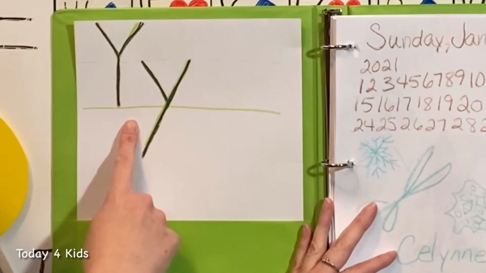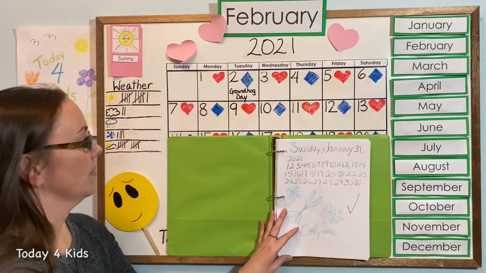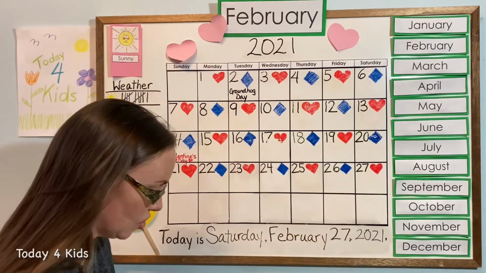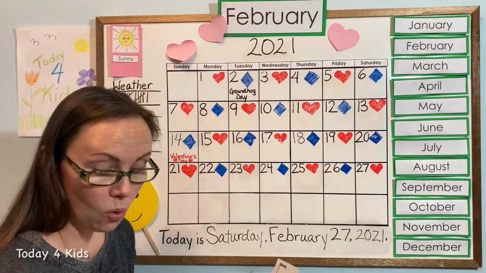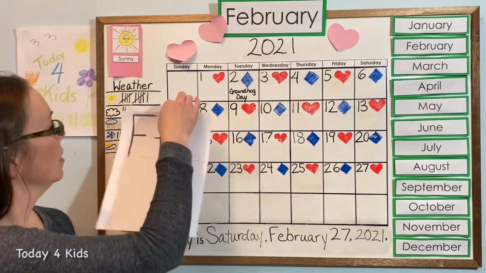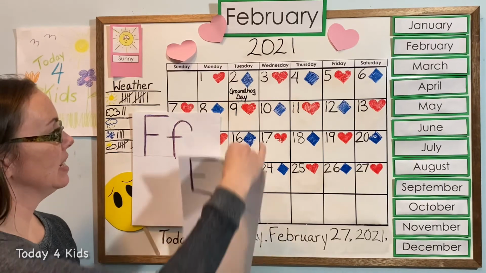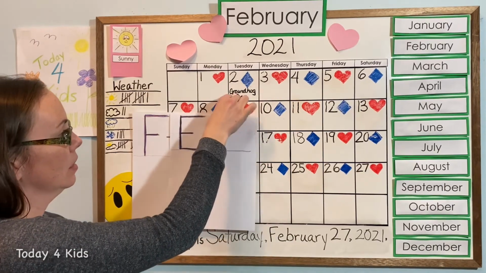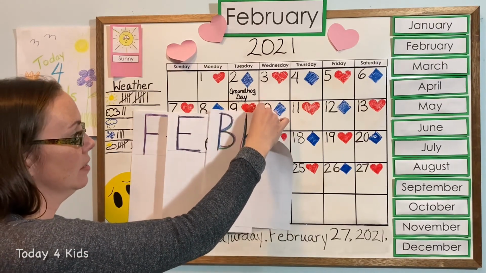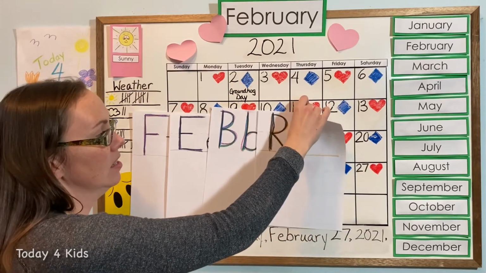And the last 2 days we did the letter Y. But it's the end of the month and we have practiced a couple of letters, and we practiced so many, we spelt a whole word. Are you ready to see what we spelled? We started with an F, and then we made an E, and then we made a B, and then we made an R, whoops,